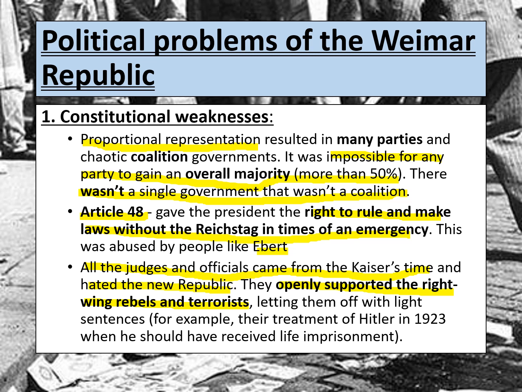So for example, when we talk about people like Kapp and Hitler, who led right-wing rebellions, they were often let off with lighter sentences because the judges and officials that were part of their courtroom trials were more lenient towards their cause and supported their ideologies, their views. So essentially, that was another reason why there was a constitutional weakness, because it wasn't very fair.